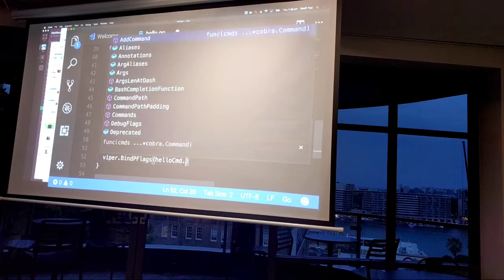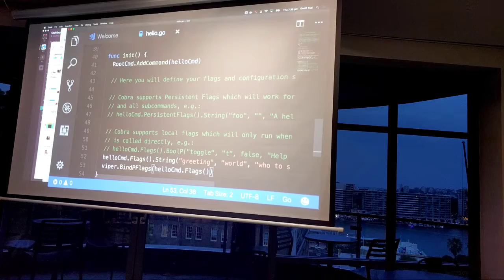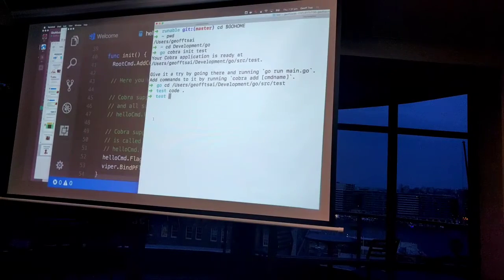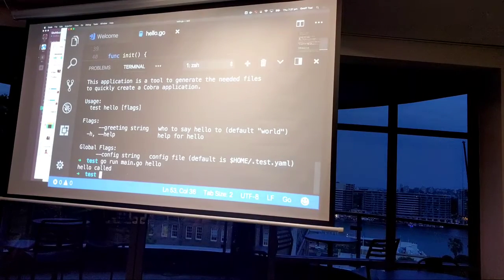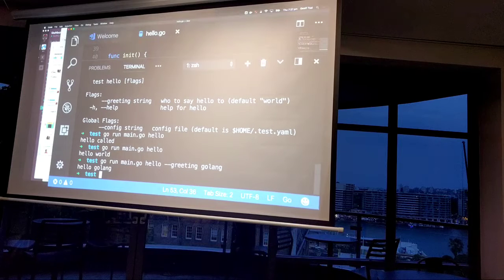Hello command dot flags. Oops. If we run this again, it now says hello world. If I put a little bit more in, let's say hello golang. Oh, cool. And immediately,